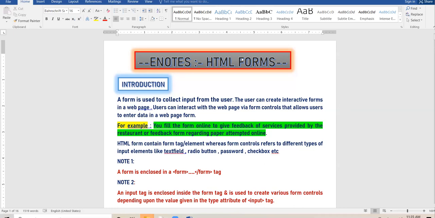Like physically you fill the form and you submit the form in the school. The school authorities will send your form to CBSE. This was about the physical form, the one which you fill manually.